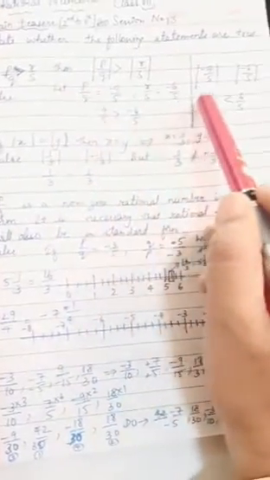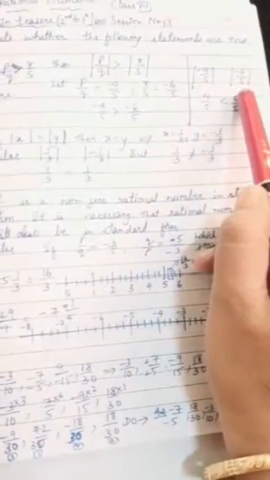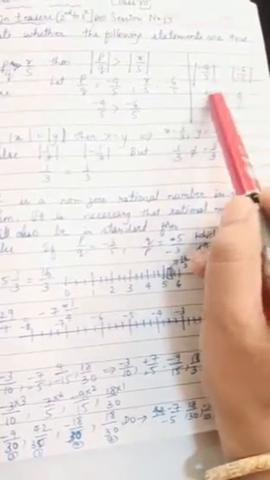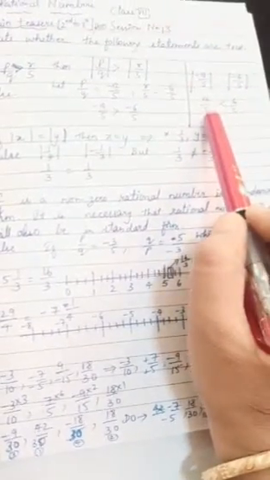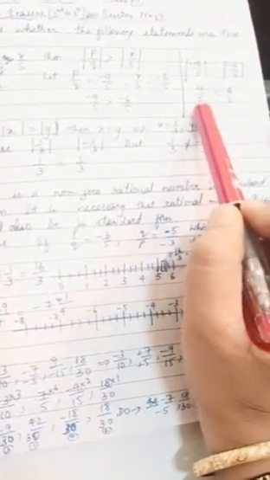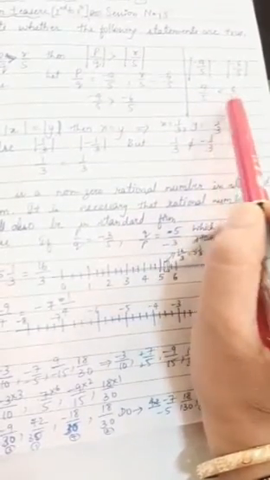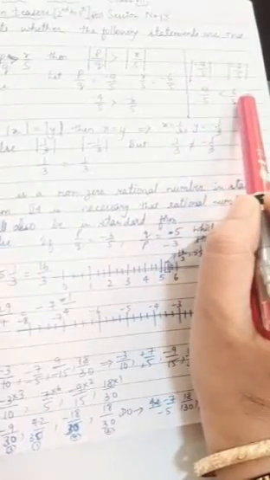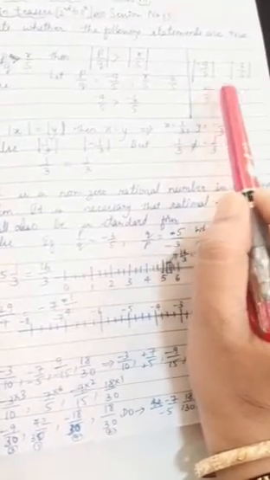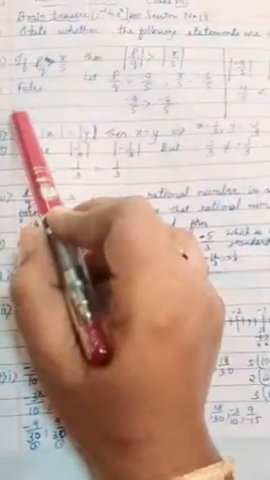But when you take the modulus sign of the negative rational numbers, let me take the same rational numbers here, minus 4 by 5 and minus 6 by 5. The absolute value of these, we have to neglect the negative sign and write it as 4 by 5 and 6 by 5. In this case, the denominators are common. Compare only the numerators. 6 is greater than 4. So, 4 by 5 will be less than 6 by 5. Therefore, the statement is false.